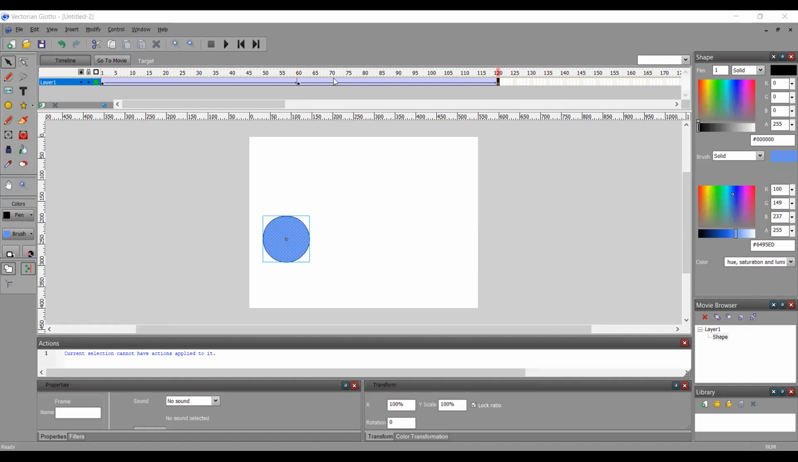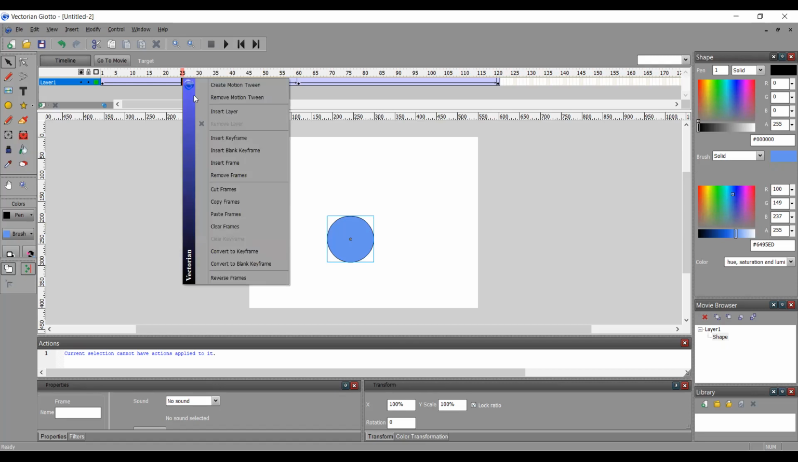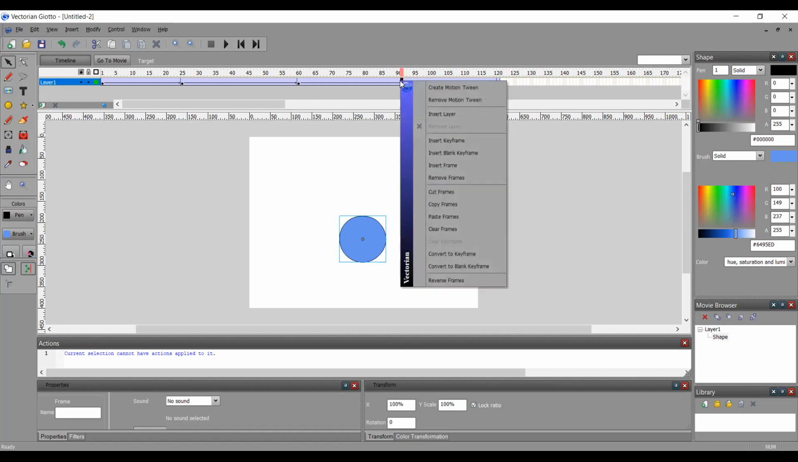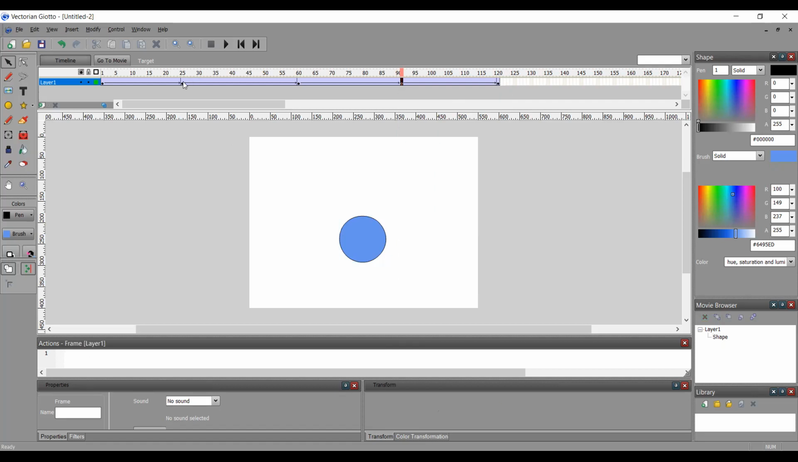You can also try this. So I'm going to change this in the middle. I'll go to 25th frame, right click, and add a keyframe there. Insert keyframe. And 90 also, right click, and add a keyframe. So what I'm going to do in this keyframe, which is in 25, I'll go to